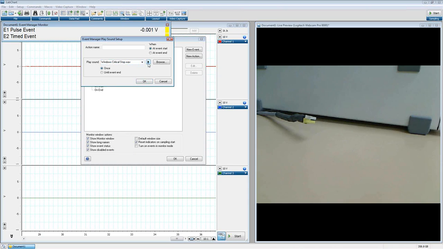Everybody recognizes that one. Whenever you do something bad in Windows,